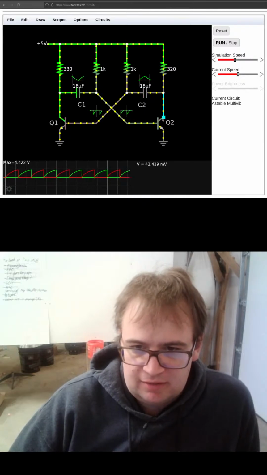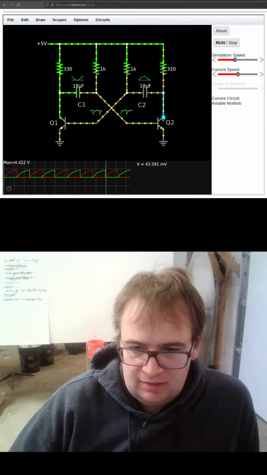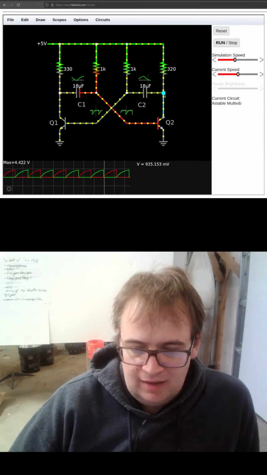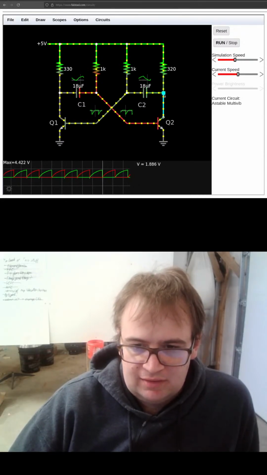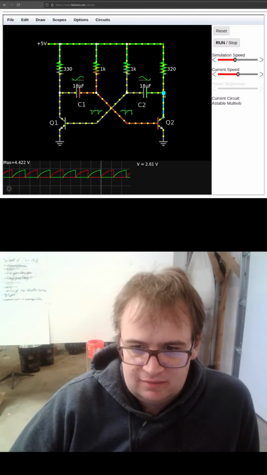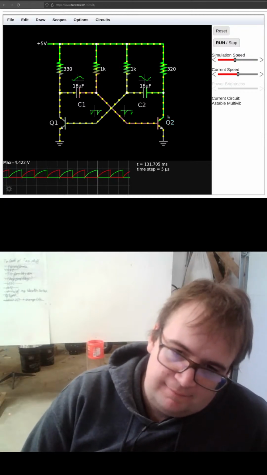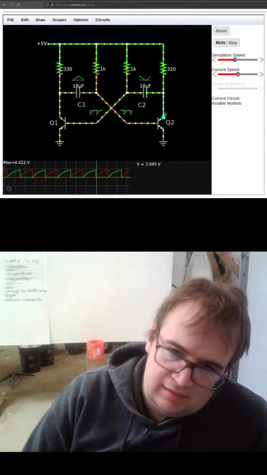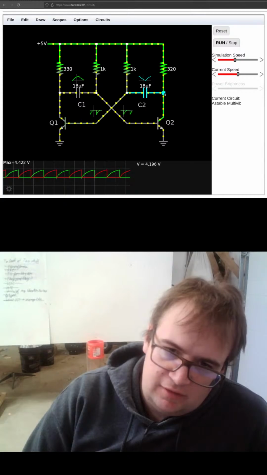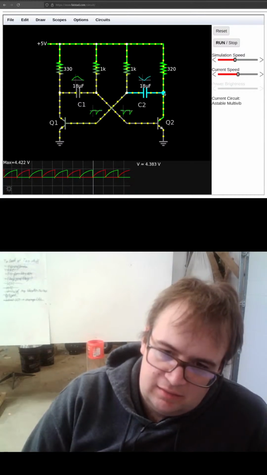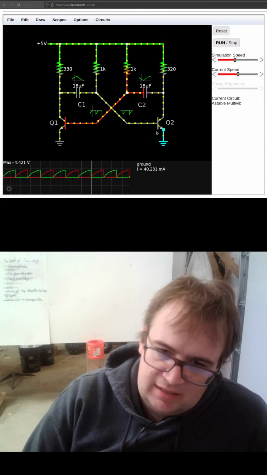That will keep on increasing until, yeah, just over. Then here, because at this point here, it won't turn itself on. It gets there, and then